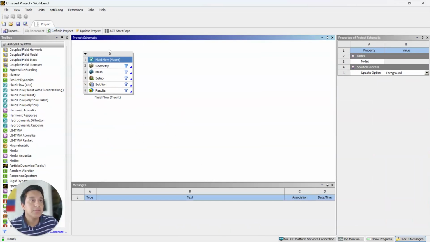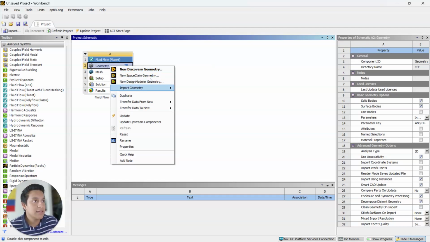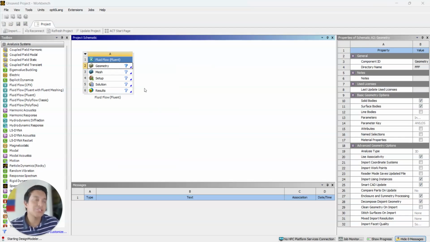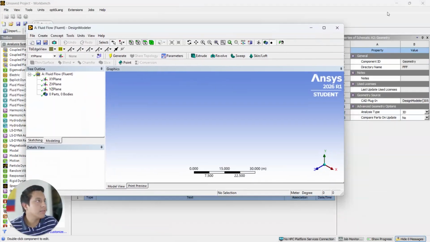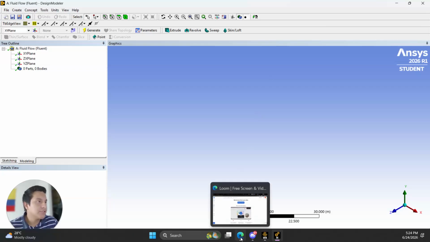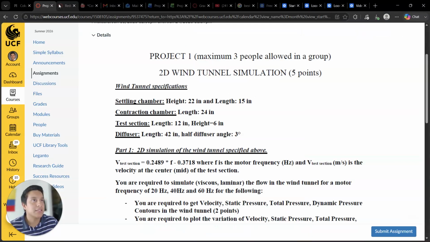We go here, we select Fluent, and then we drag it into the project schematic. Okay, when we have Fluent, we go to geometry and we start designing it. If you have it in SolidWorks, we can just simply design it here. Okay, we use the design modeler, as you can see here. Let me drag it, and then we go to the specifications that the project